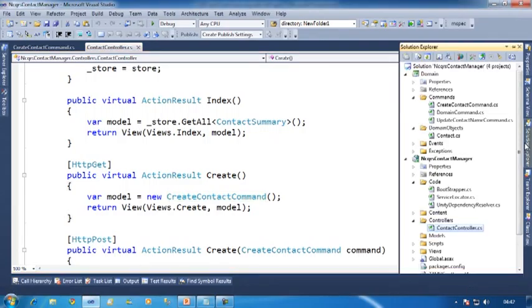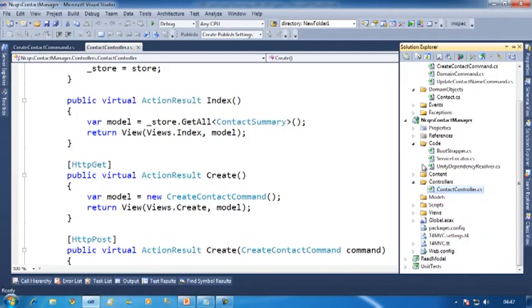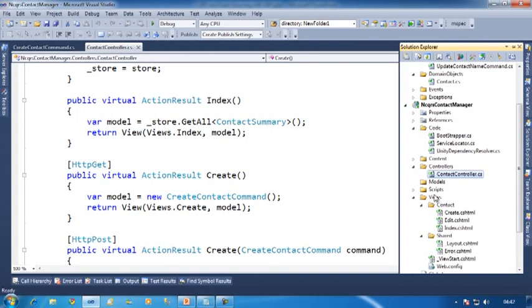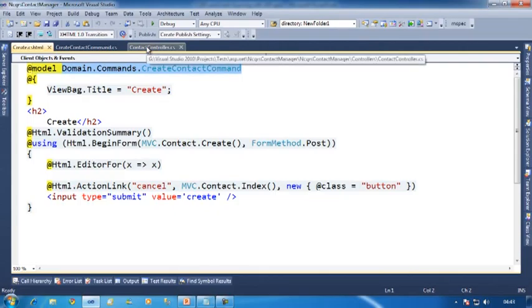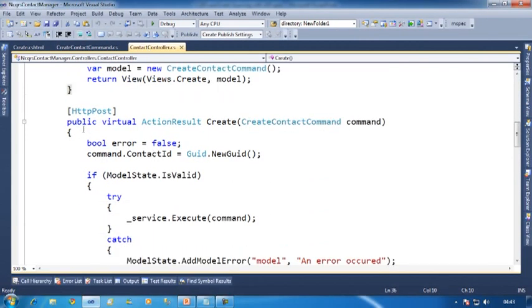If we look at the create form, Views, Create, you can see it's quite simple. It has a validation summary, it has a form, it is using HTML editor for to display the form, it has a cancel button and a submit button. You'll notice that the type of the model is of type CreateContactCommand. This form is submitting a CreateContactCommand. So when this form submits, the post Create action gets called, so this one here,